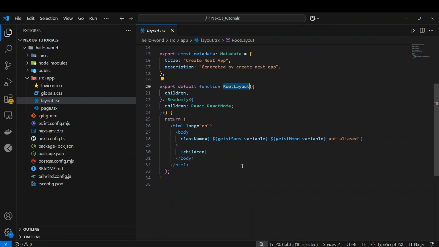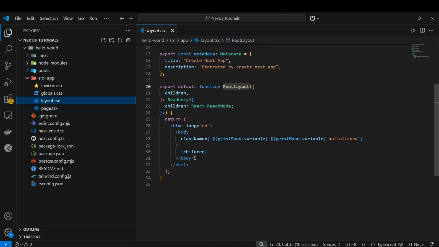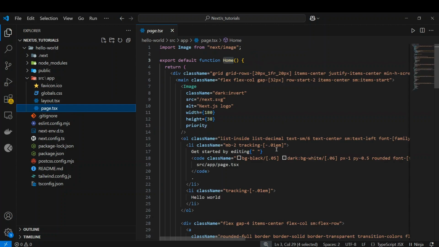After that, it will search for the particular route or component in the current directory, which is page.tsx. In this scenario, you can see the home component, which will be loaded inside the root layout as a children prop. So all the content written in the page.tsx will be visible on the home page of your application. This all works together, and this is how a Next.js application works. All right, that was the complete breakdown of the Next.js project structure.